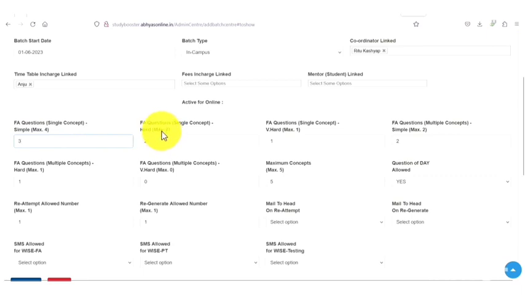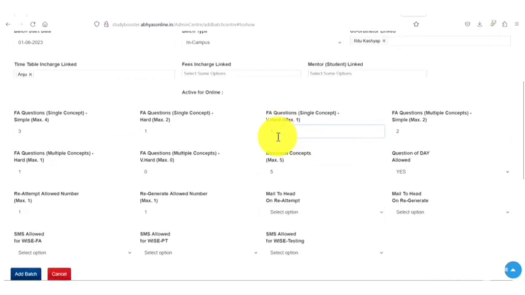Then, the number of hard questions to be asked in WISE FA when one concept is taught. Max questions is 2. Then, the number of very hard questions to be asked in WISE FA when one concept is taught. Max questions is 1. If more than one concept is being asked, you can specify the number of simple questions